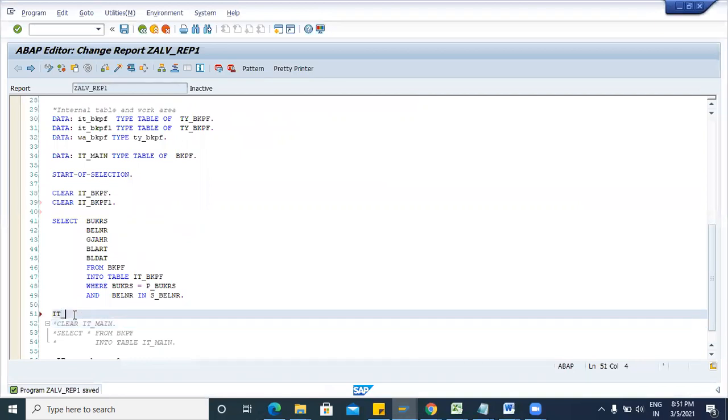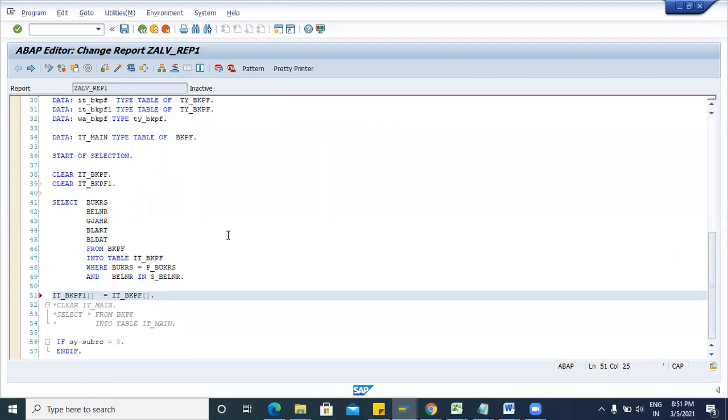Okay, now just declare this BKPF1 equal IT BKPF. So this is the way to pass the data from one internal table to another with the same type.